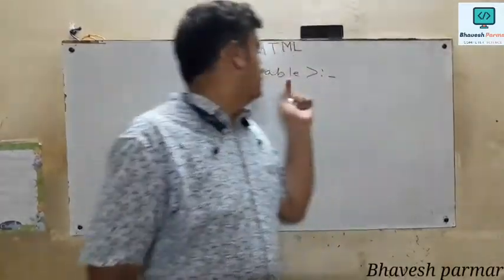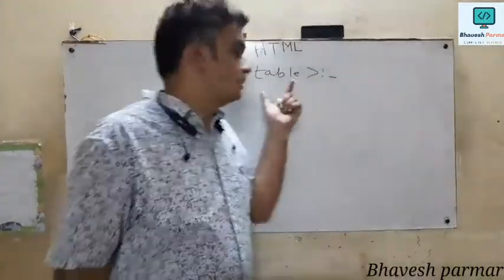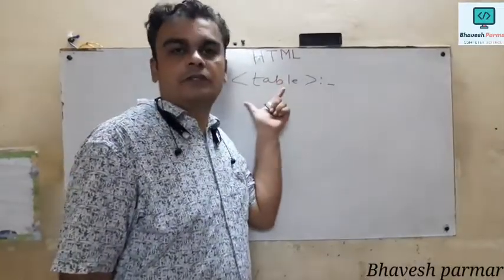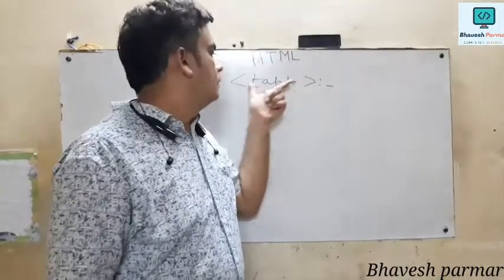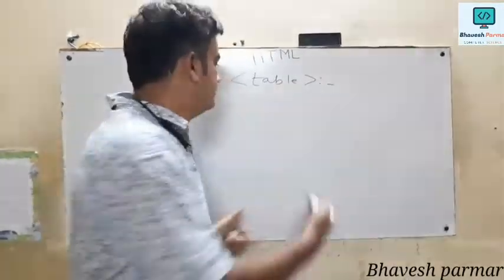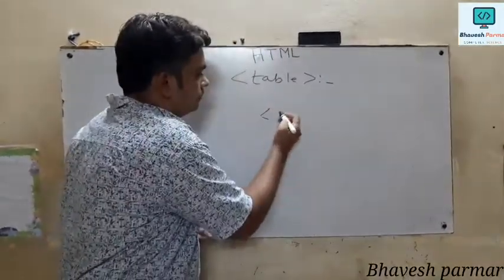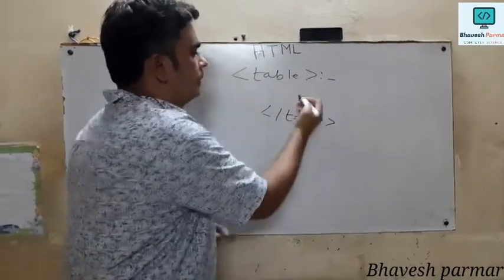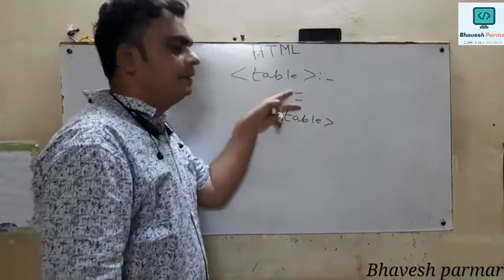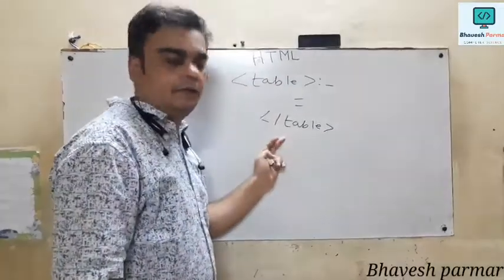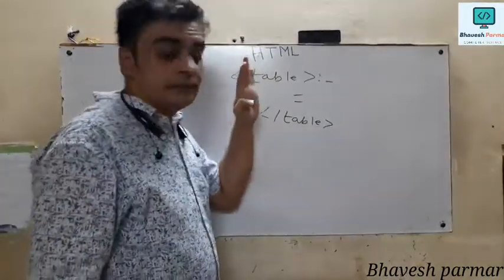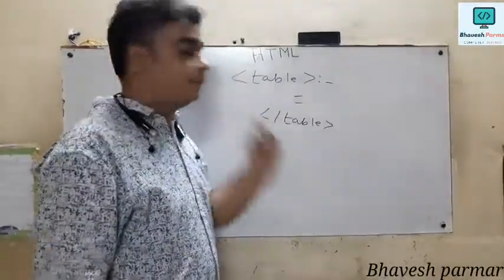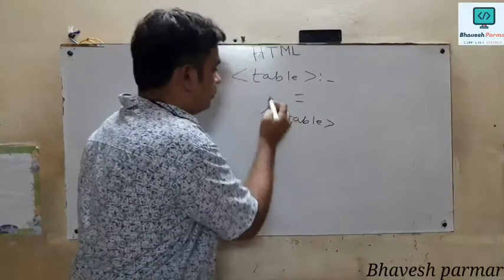If we see the detailed description about table tag, table tag is used to insert information in tabular form. Table tag is a pair tag, means what? We can close it by using slash table, and the information must be present in between these two, table and slash table. But guys, there are some additional supporting tags that are also useful to display table information, and the supporting tags are: